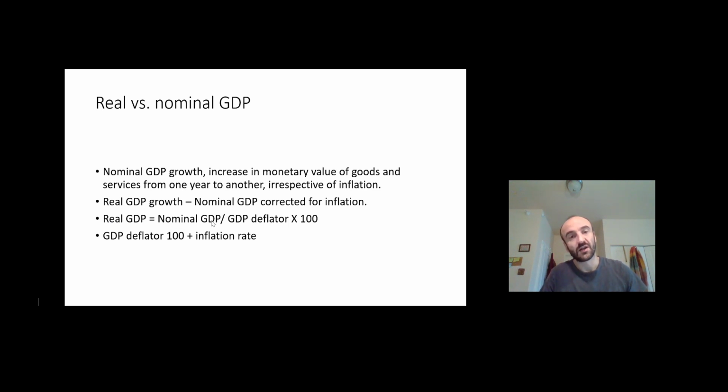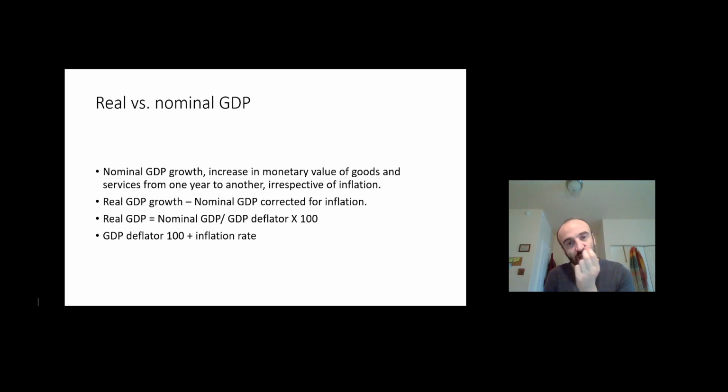You first calculate the difference between nominal GDP in 2020, let's say $55,000 in our case, minus nominal GDP in the previous year. That would be $50,000, so the difference is $5,000, which is your nominal GDP growth. And now you want to see how much in real terms your income has increased. It increased $5,000 in